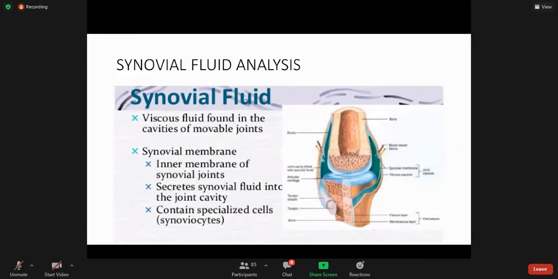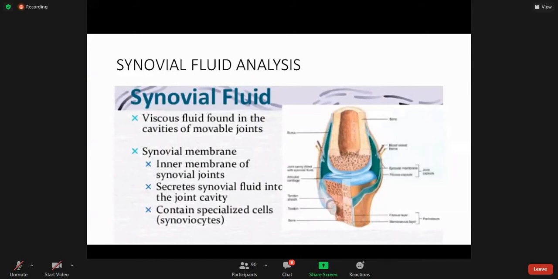So synovial fluid appears to be like an egg white. How is it made? It is secreted from the synovial membrane. The inner membrane of the synovial joints secretes the synovial fluid into the joint cavity, and it has specialized cells called